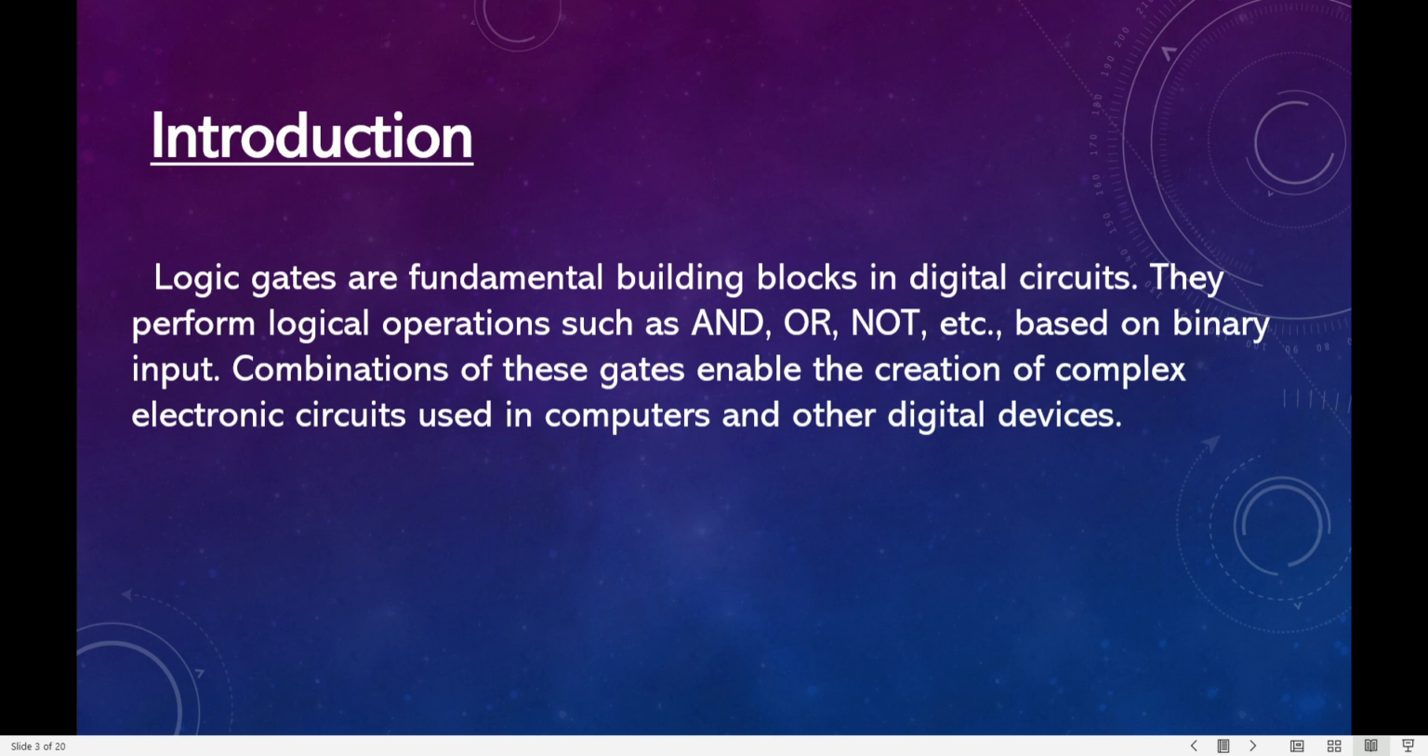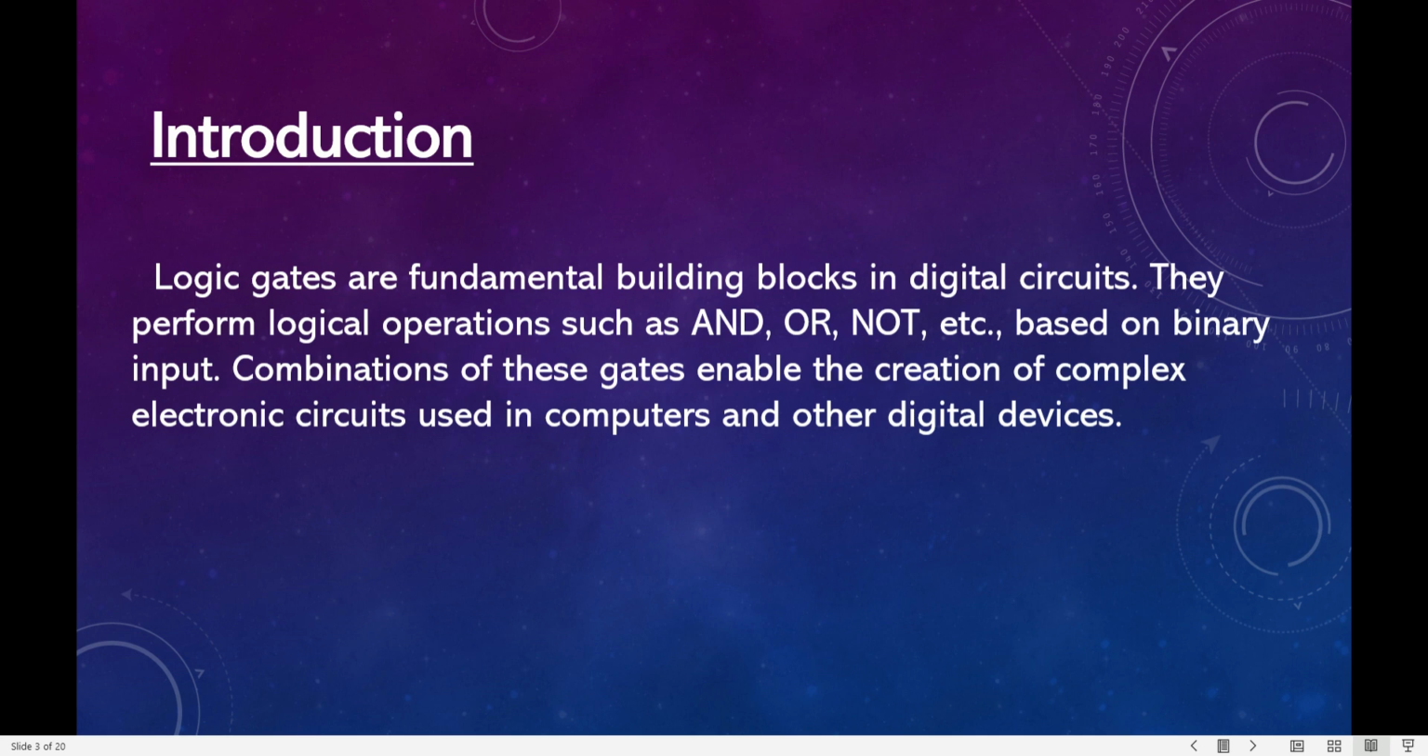And then at first we learn about the introduction of the logic gates. Logic gates are the fundamental building blocks in digital circuits. They perform logical operations such as AND, OR, NOT, etc. based on binary inputs. Combinations of these gates enable the creation of complex electronic circuits used in computers and other